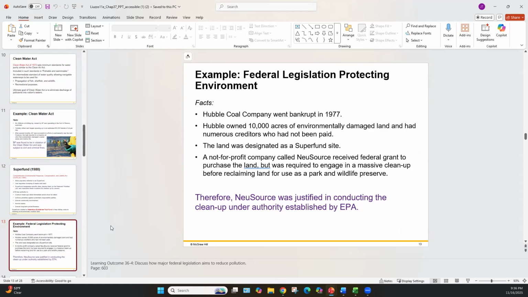And the super fun thing, I've seen a lot of examples of this. This is a good kind of smart government, to take some of these lands, like Hubbell Coal Company that used to be there, and then they went bankrupt, and the land and the facility got seized, and then of course this nonprofit came in, got a grant, which was paid for, and they cleaned it up, and of course now this land can be fished, swum, camped on, and everything else, and it's safe for wildlife.